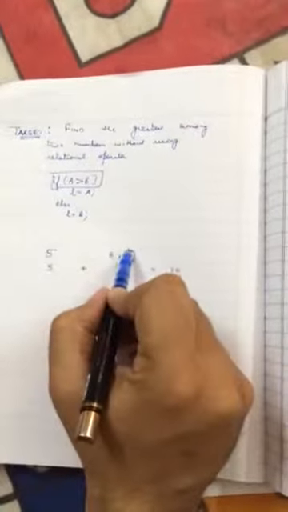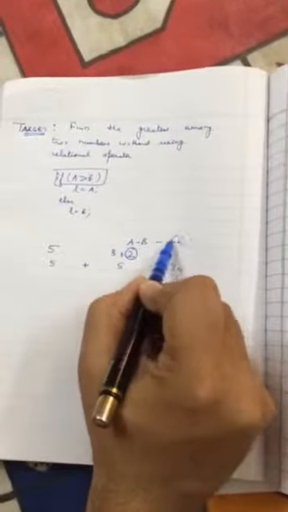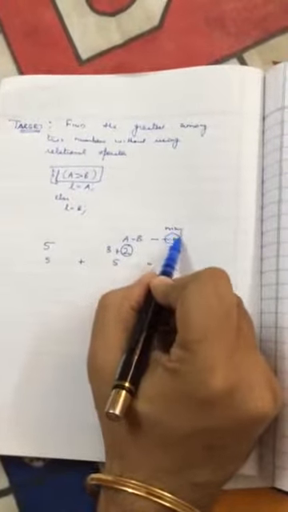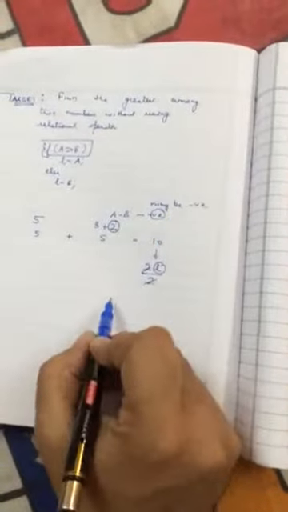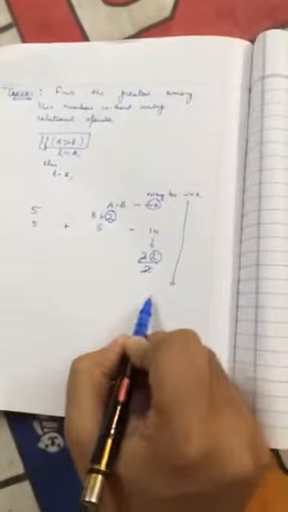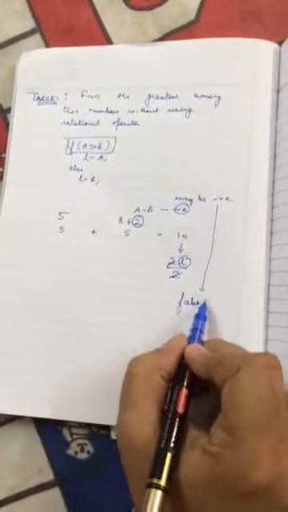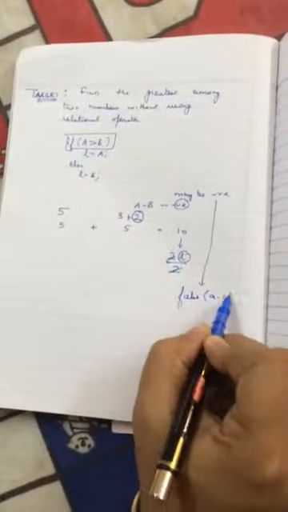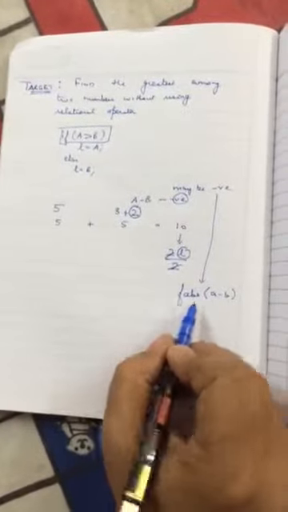The difference is obviously A minus B. So if I say A minus B, the result may be negative. So how to avoid this negative number? To avoid negative number, we have a function. We have a function fabs, which is present in math.h. So if I say fabs of A minus B, even if A is less than B, the result will always be, according to our example, 2.